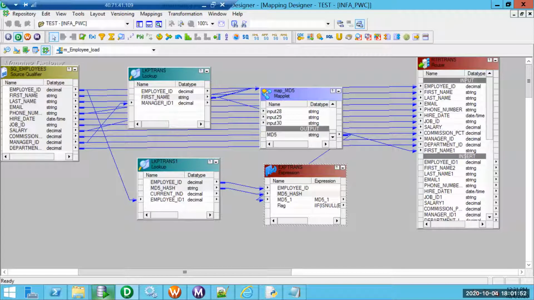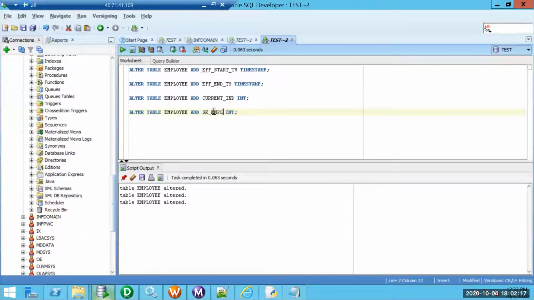So I'm going to define a surrogate key also, in addition, in the target. Let me try to define that surrogate key, because whatever we are trying to store, capture history, that is not at a single level. So let me add a surrogate key also to the target. Alter table add SK employee ID, and then we can populate the default value. Either way should be fine.